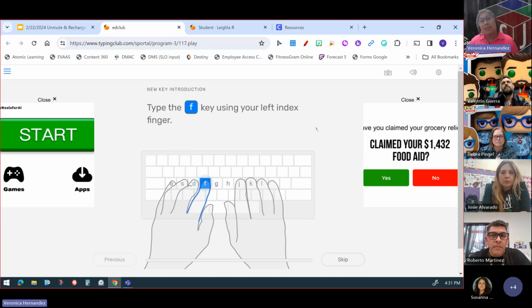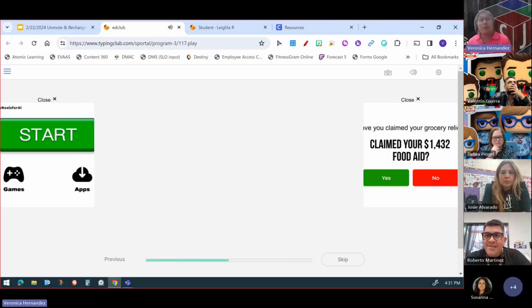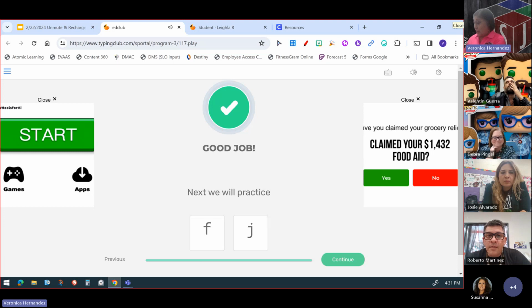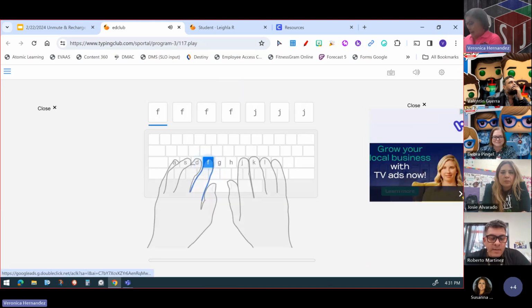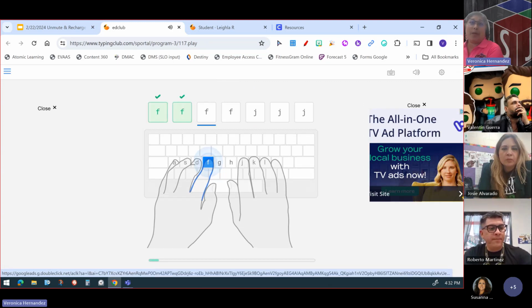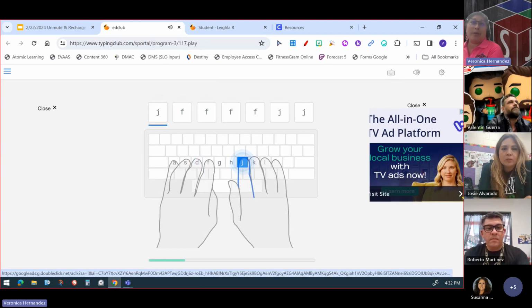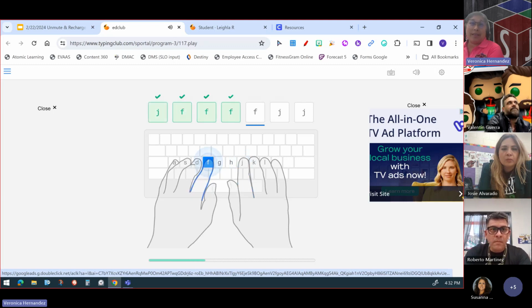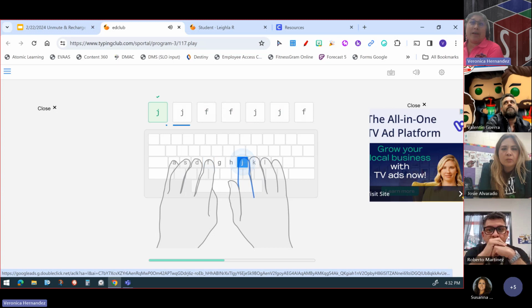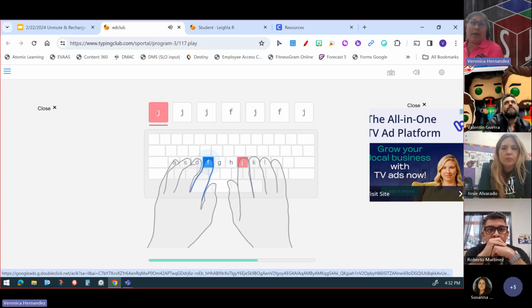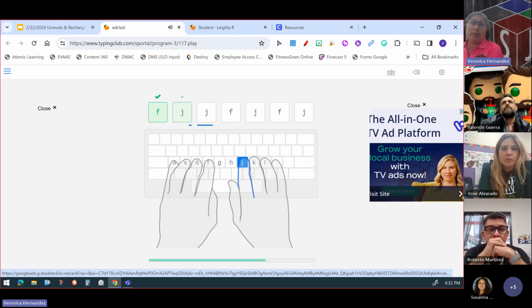So the kids are always seeing that on the screen as they're typing and practicing. You type it and it shows you, and it tells you if you did a good job or not. And then you go to continue, and then you go again, and you're practicing and you hear the typing. It shows them how to place their hands. As the kids get better with their fine motor skills, they'll get faster. If they make a mistake, it tells them, and then they're able to go back and fix it. So they have a blast with it.